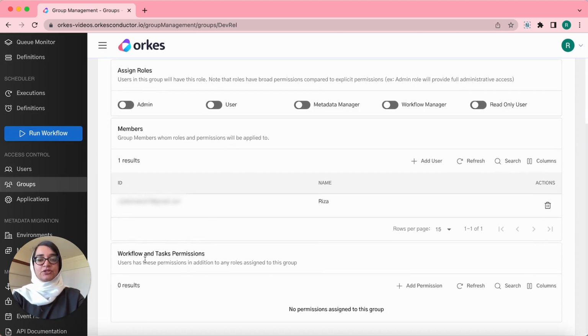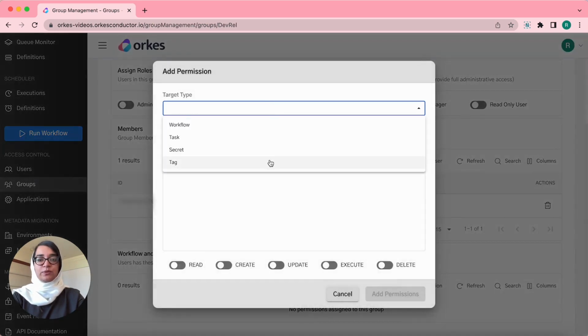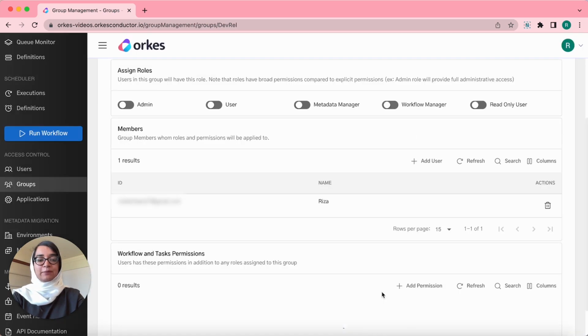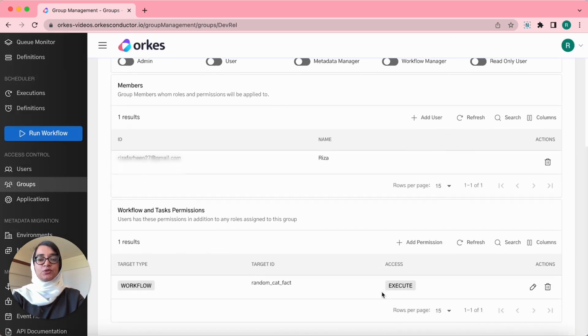And the final section is the workflows and task permissions, from where you can provide explicit permissions to the required workflows, tasks, secrets, or tags in Conductor. So here's how you can do this. Click on Add Permissions and you can choose between the target type. So if it's a workflow, you can choose workflow. Choose a required target and then provide the required permissions, then add permissions. You are done. So this ensures that the members of the group can have execute permission over this particular workflow